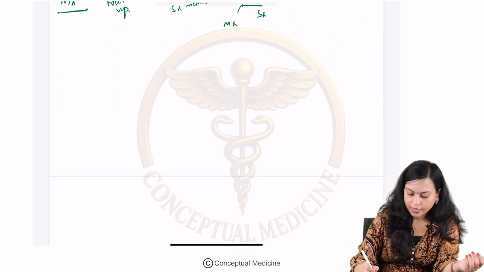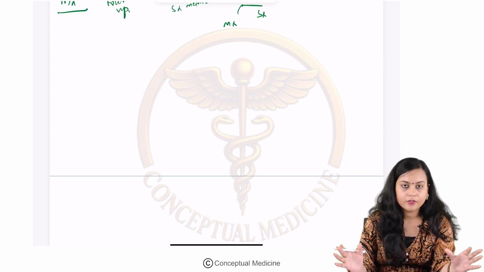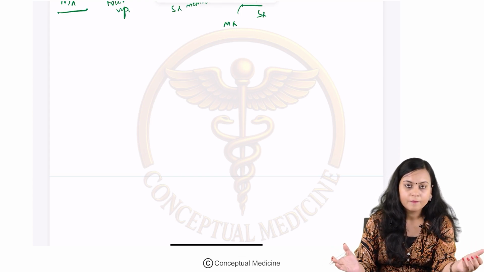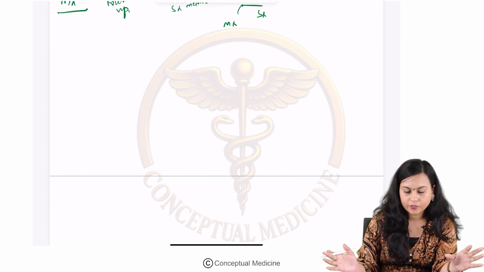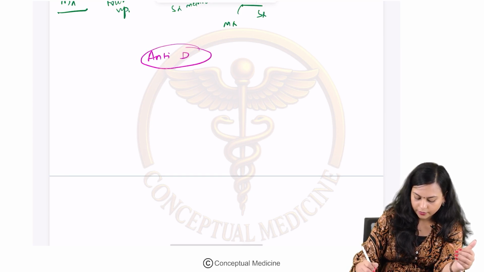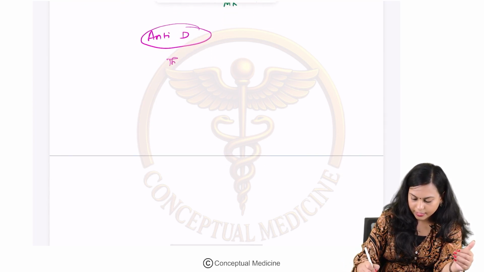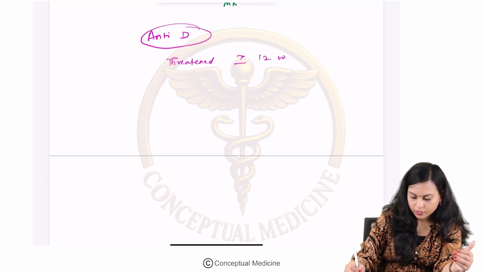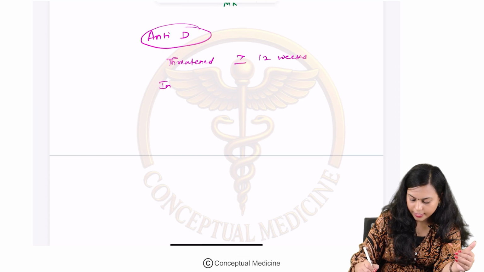And one more thing I want you to make clear is, even when a miscarriage occurs, we should be careful about the blood group of the female, because in future she shouldn't get affected with Rh alloimmunization. So in an Rh negative mother, anti-D should be given, especially in a case of threatened miscarriage, it should be given after 12 weeks. And in case of inevitable and incomplete miscarriage,